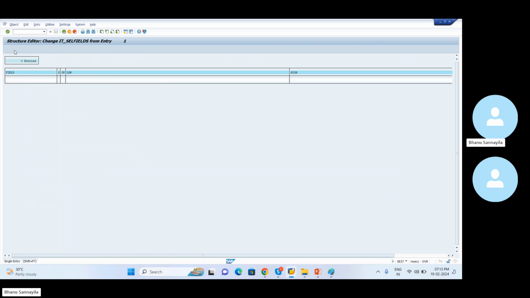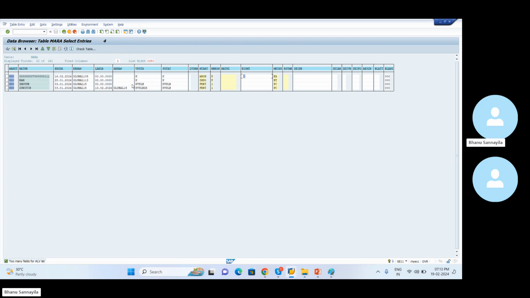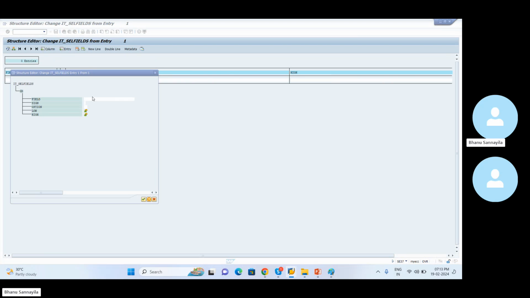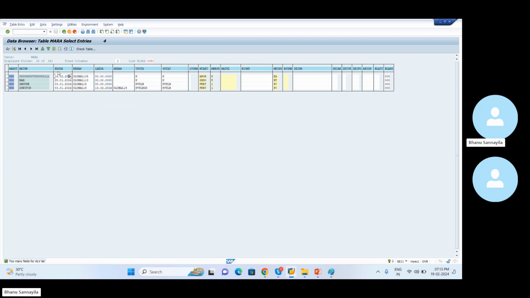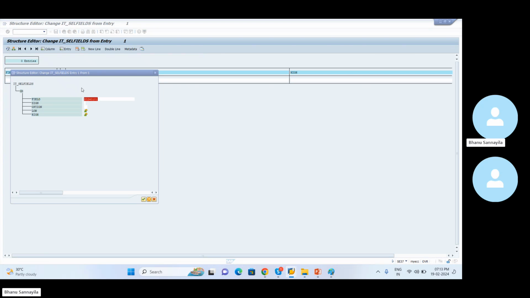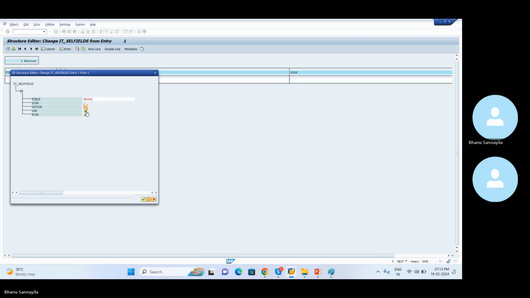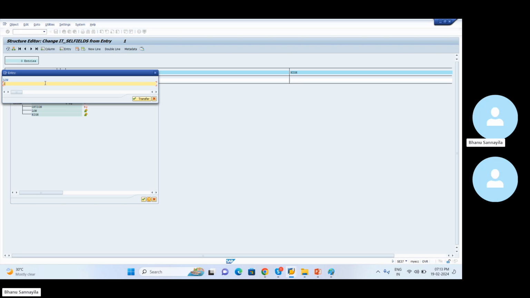So here I think we need to do some R&D. I'm not so sure on this. So what is that date which I have given? 2024 0101. Oh no, this field is what? ERSDA. Okay, ERSDA sign, 240101. This is the low value. 2024